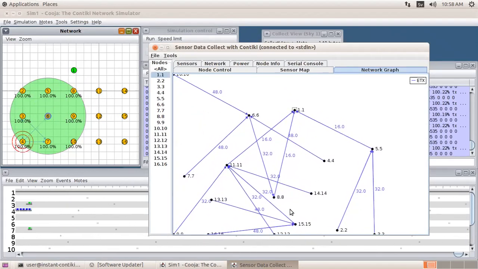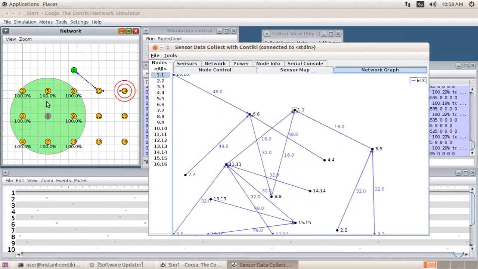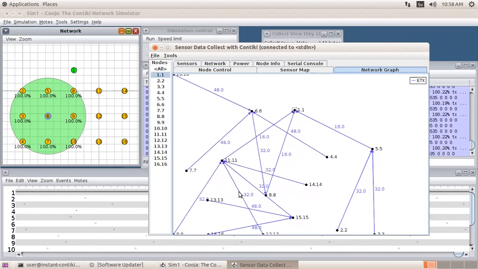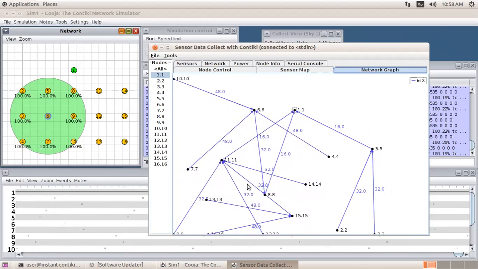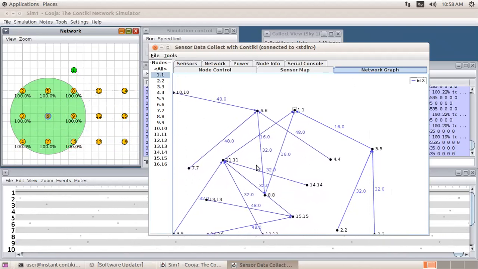So this is how the intermediate routing is taking place, and these values are the RSSI values, which are based on the radio signals. So the signal strength is much higher in that case.